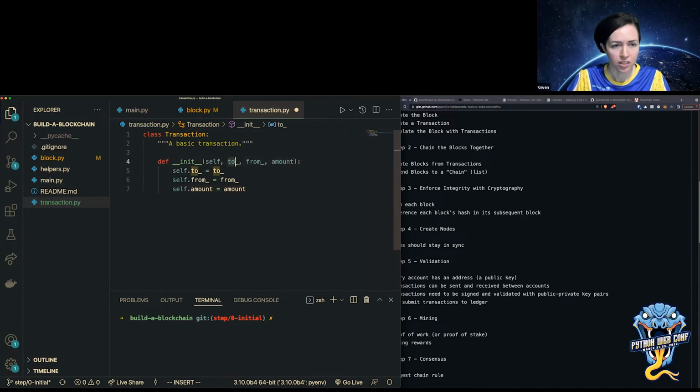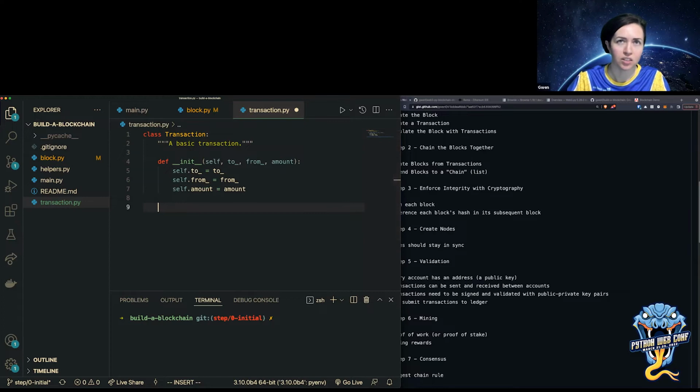So basically what these are, and I don't have address types here, but these will actually be addresses. So to and from. And the reason why I'm using the underscore is just for Python, because from is a reserved word, and to, I don't have to use the underscore, but just to match from, that's what I did. And then I'm also passing in the amount for the transaction. So some very basic information for the transaction.